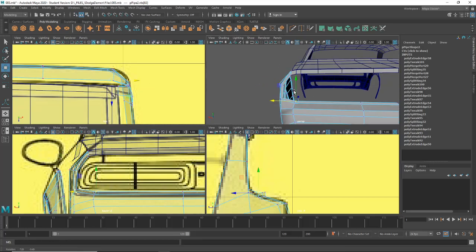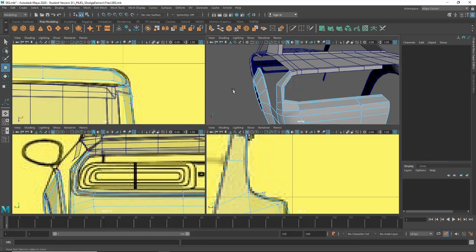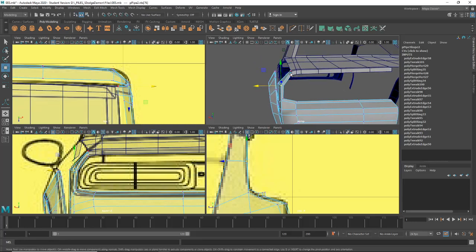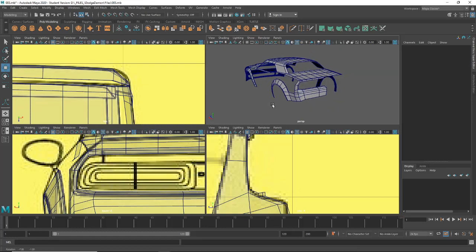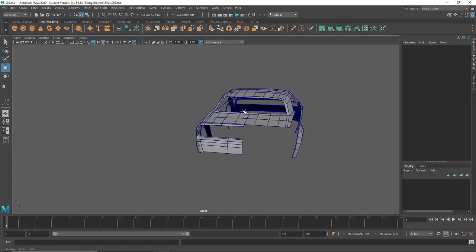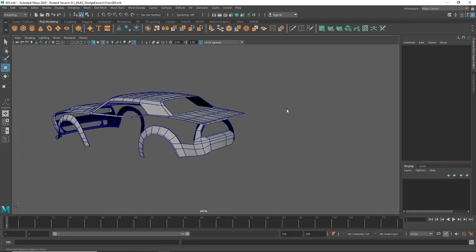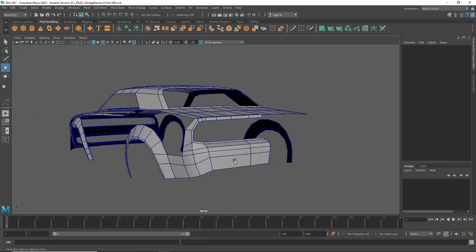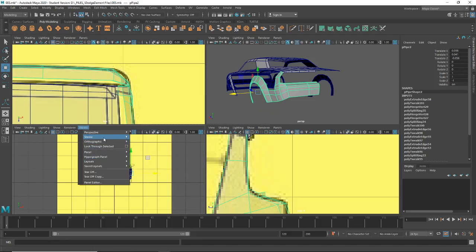Okay, I think that's looking okay. Maybe this one here in a little bit. Obviously we want that to taper as well, but we'll think about that a little bit later. So we've got that rough kind of shape in there for that rear section. I think that'll do for now. We do have some creases in and around here that we'll need to think about. It looks like maybe along this line. Obviously we have the indentation for the license plate as well,